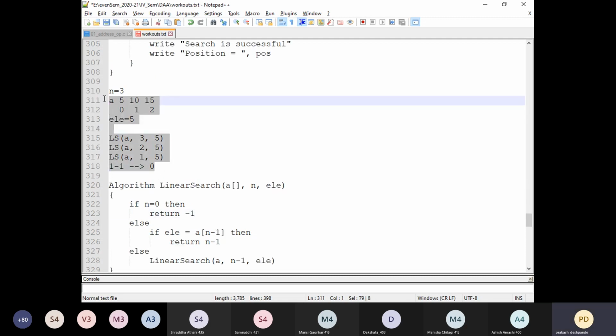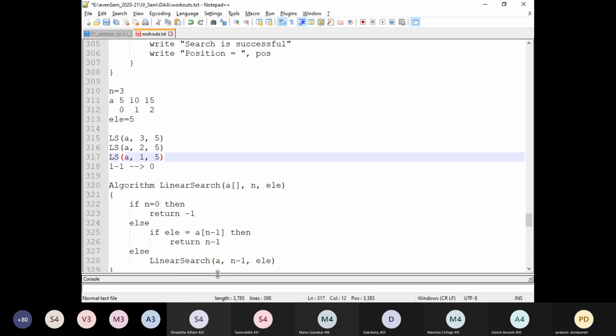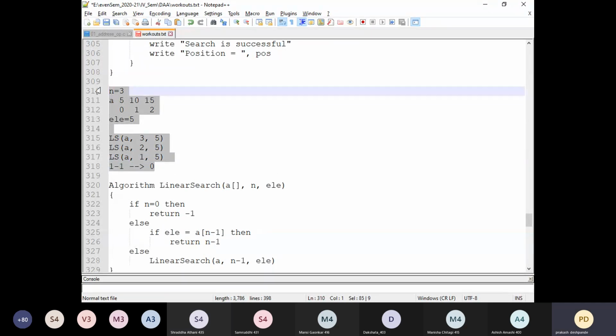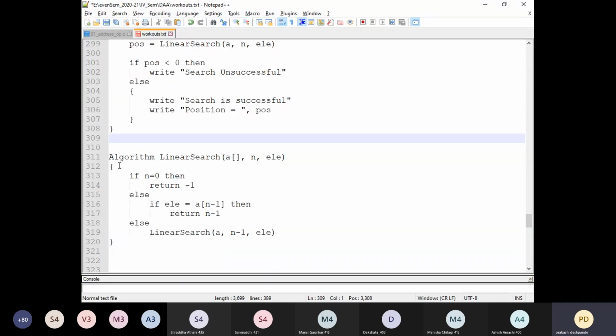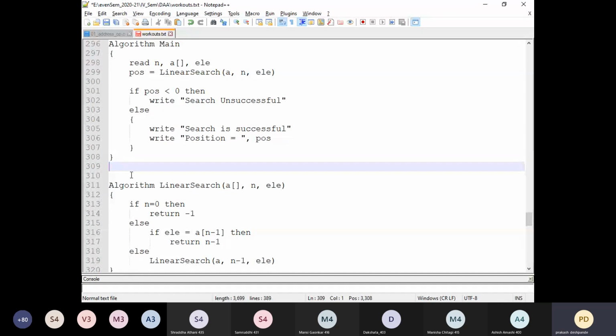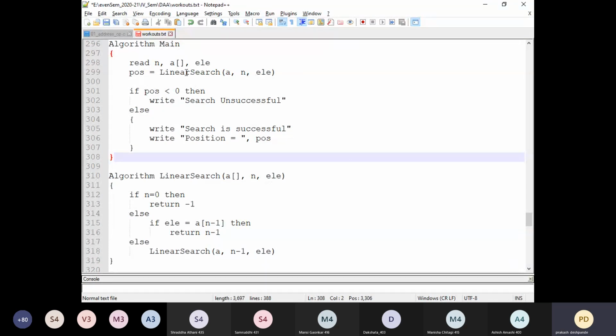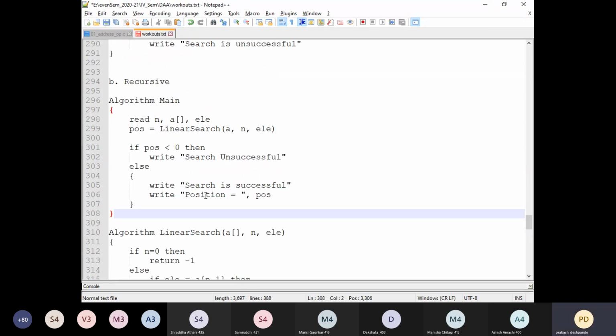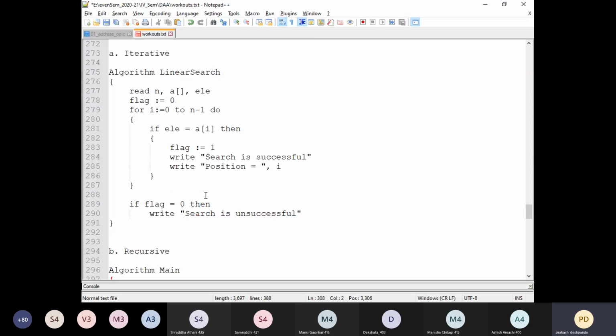Any doubts, students, here? No, sir. So just quickly take a snapshot of this algorithm and you can write it in your Facebook. By the way, have you taken this one?